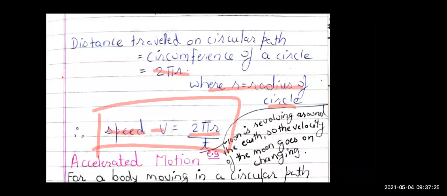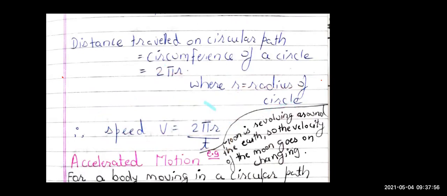So this is the formula for calculating speed for a uniform circular motion. So we will have numericals based on this, children. They will either give you a clock. They will say that the minute hand of a clock with length 10 centimeter is moving for this much time. What is the distance covered? Right? We will solve numericals based on it. But this is the formula to find the speed for uniform circular motion. Right? Now let's move to the accelerated motion.